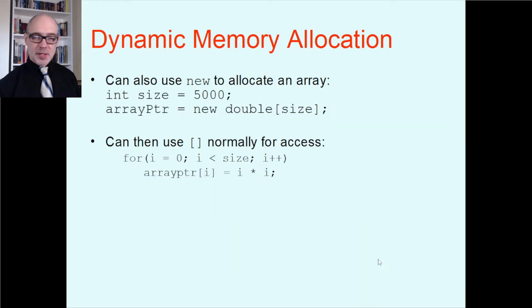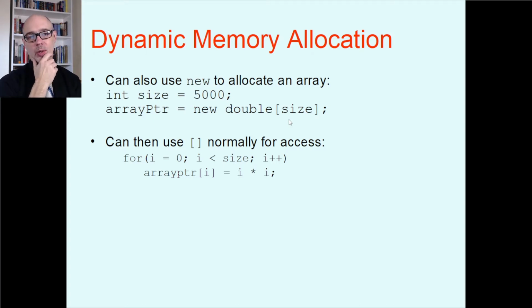Okay, so that example was kind of silly. We're just making one single double variable, and you could just do that as a local variable normally. But the more interesting thing is what happens when you want to allocate larger things like a big array. So let's say I want an array of size 5,000. I might make a variable or constant, could be a variable here actually, set this size to 5,000, and then I can make an array pointer, and that would have to be of type double pointer. So I could set my array pointer to new double bracket size,